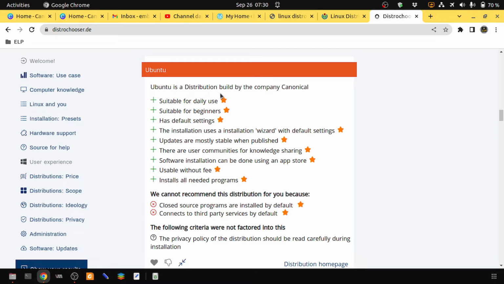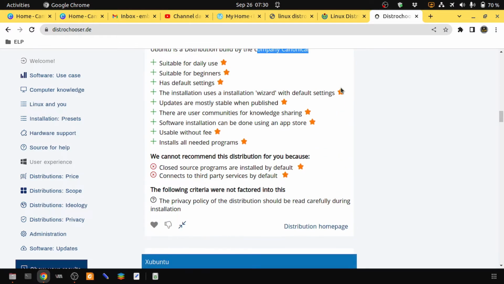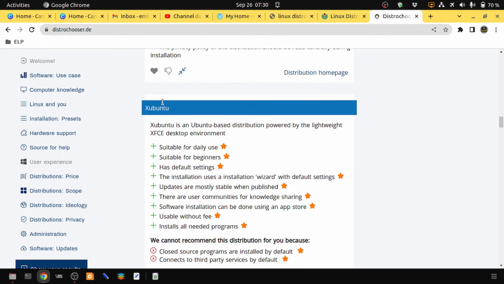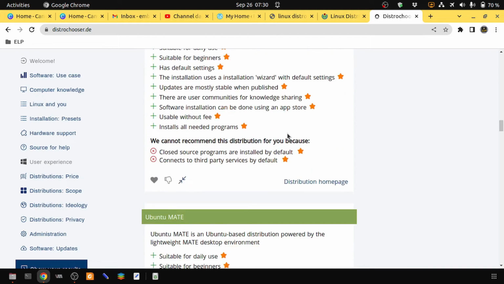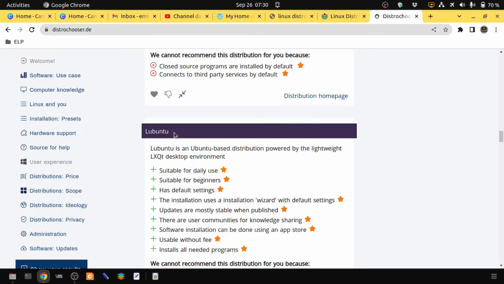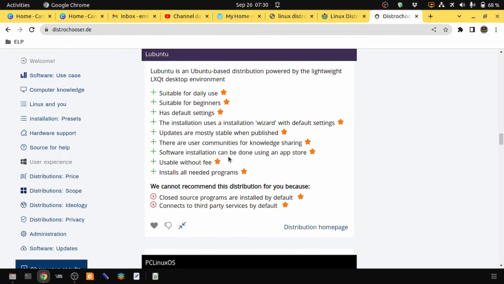So Ubuntu is a distribution built by the Canonical company, which is based on Debian distribution. And Xubuntu is an Ubuntu-based distribution powered by the lightweight Xfce desktop environment. And Ubuntu MATE, I think this is one. The Lubuntu is an Ubuntu-based distribution powered by the lightweight LXQt desktop environment. Maybe I have to think of something which is lightweight